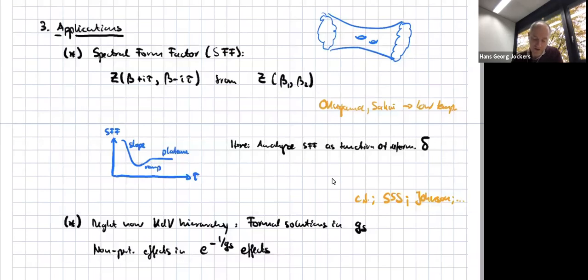And then if you plot this function, you find this particular characteristic behavior. However, it's discussed in the literature, where does this behavior come from? In particular, the transition from the ramp to the plateau is typically attributed to the 1 over GS effects. Now what I'm trying to say here is that since we're observing this feature, and Okuyama and Sakai already did, where these effects are scaled to 0, there is a possibility that it's related to the Borel summability of these theories rather than to the 1 over GS effects directly.